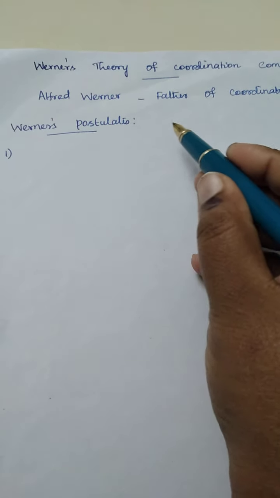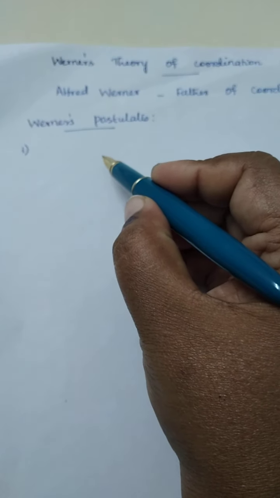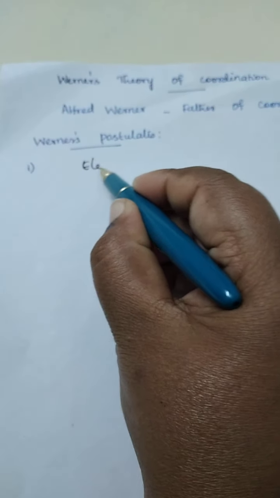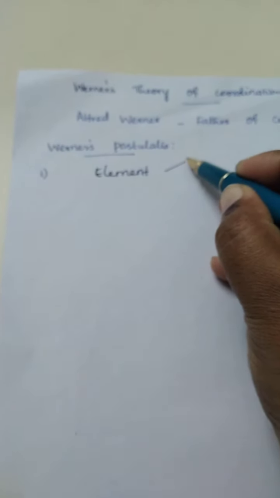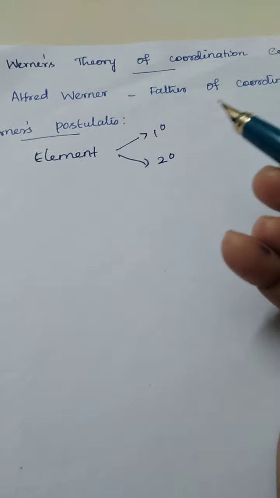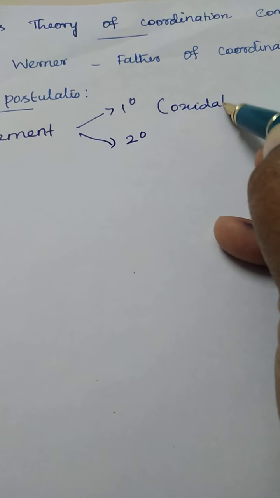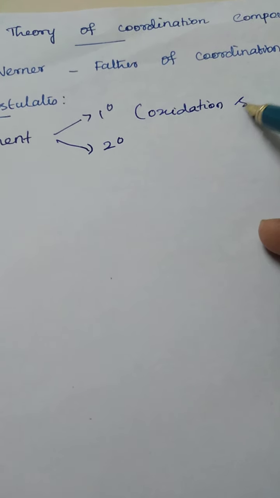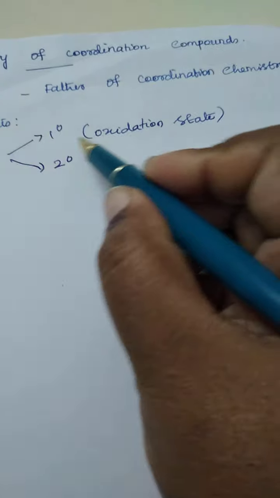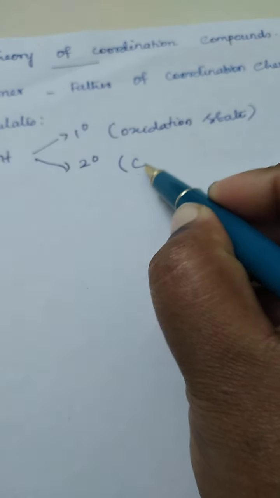So let's see the postulates of Werner theory. According to Alfred Werner, most of the elements exhibit two types of valency. One is called primary valency, the other is called secondary valency. The primary valency is otherwise called the oxidation state. If I ask you what is the oxidation state of sodium, you will say it is +1. Likewise, the primary valency is regarded as the oxidation state of that element, and secondary valency corresponds to